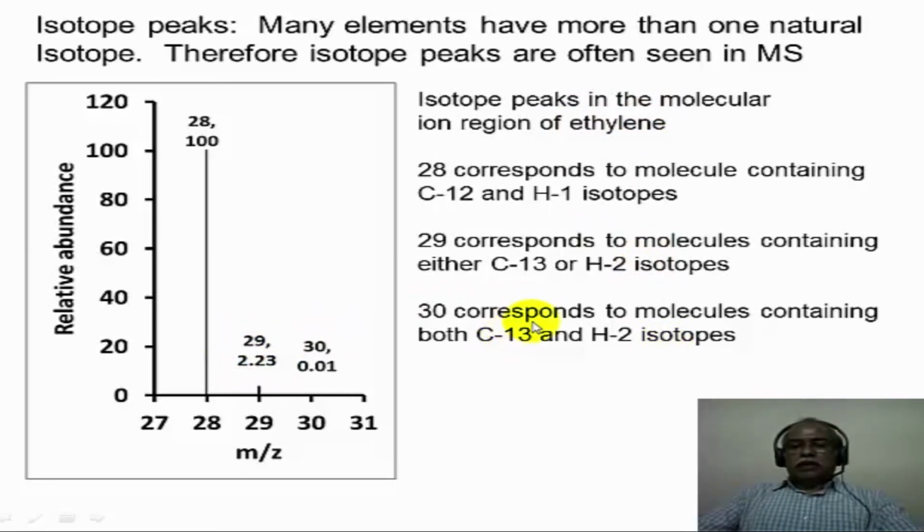Suppose both a deuterium and a carbon 13 are present, or two deuterium atoms are present as isotopes in an ethylene molecule, that will be very low abundance. Its natural abundance is so small that the probability of having two of these higher isotopes in a molecule is going to be much lower than the single isotope molecules which are seen here.